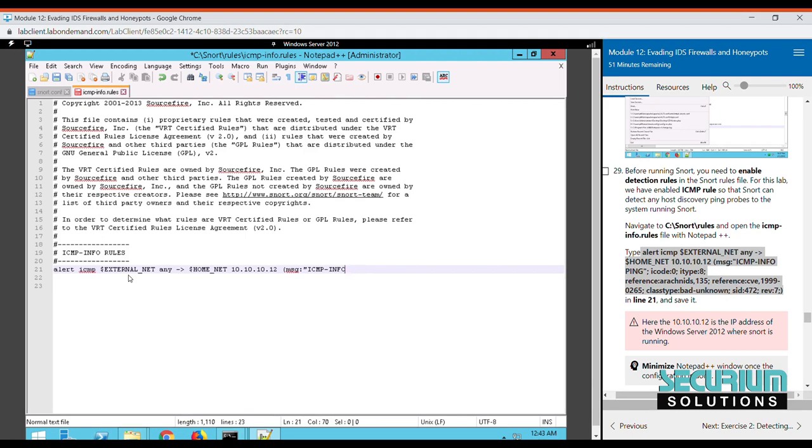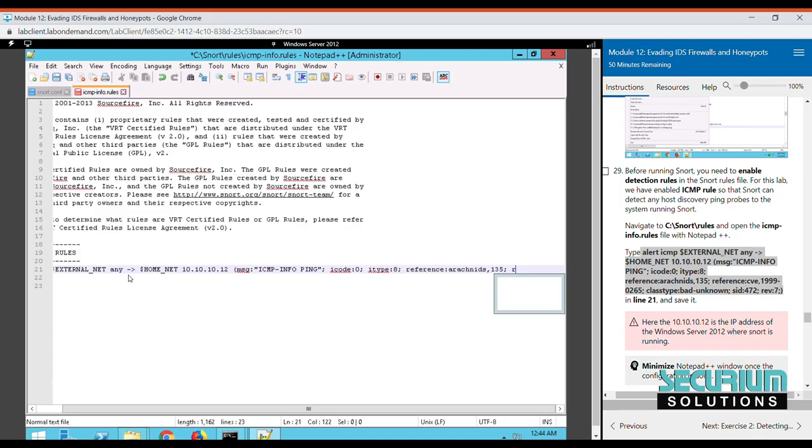Okay, or you can give like this, I think so. No, info ping, close it and semicolon, and you have to give icode in lowercase letters, icode :0 semicolon, and I type :8 semicolon and space reference and arachnids, 135 : okay, sorry, semicolon and reference, and you have to add reference